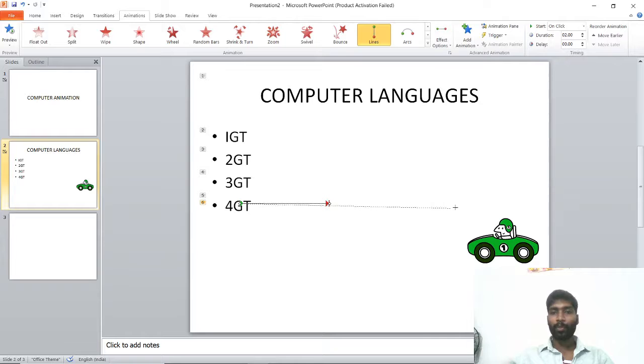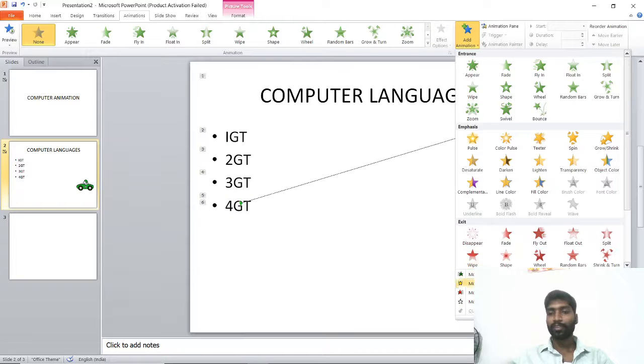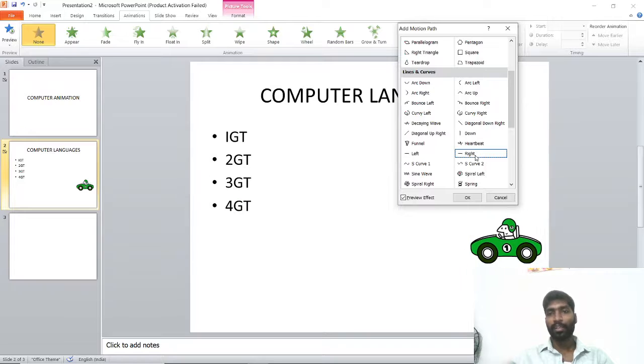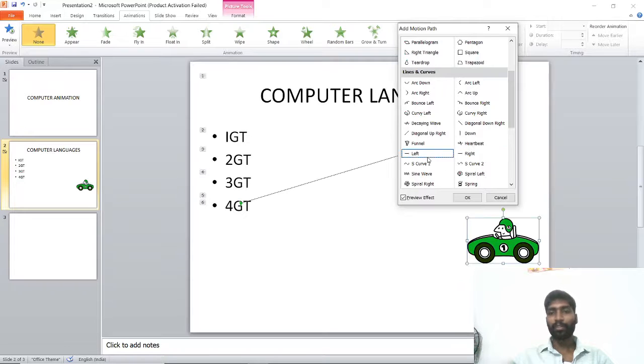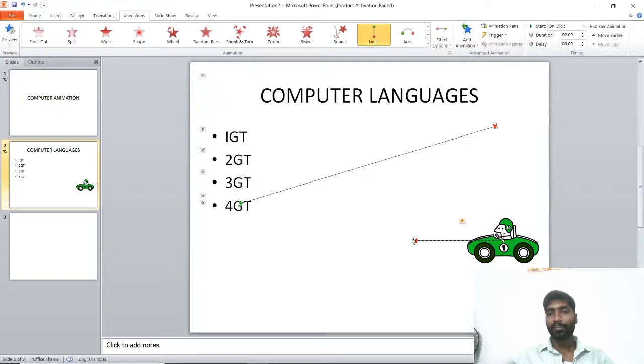If you want more, I am clicking here. If you want any other place also, you can select. So I am going to select this area. So this is a motion path. Now this car: up to now we saw only the text. Now we are going to see the car, meaning the object. Just click the object, add animation, more motion path, and now right. Students, curve also you can give, left also you can give. Now the car.